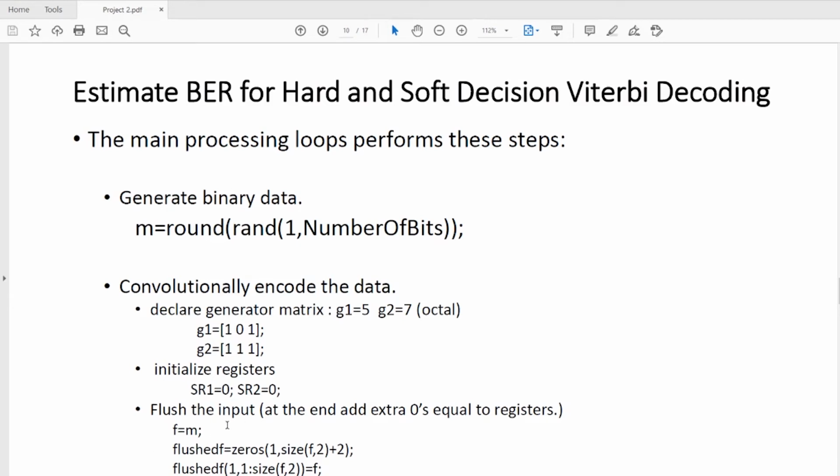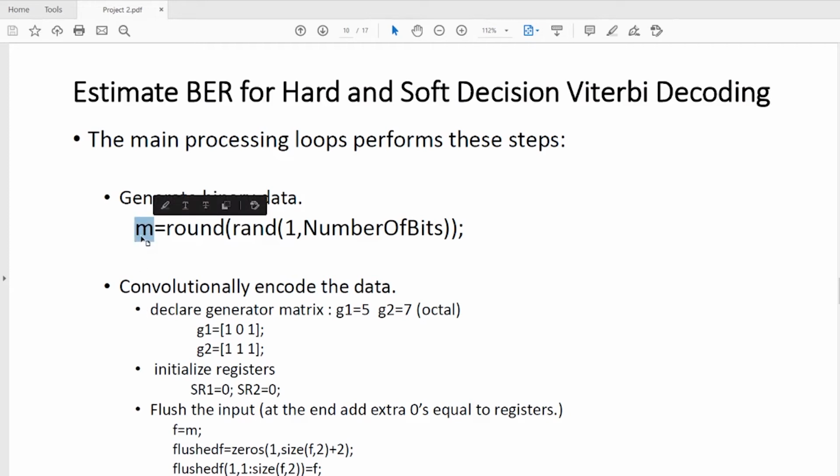Now let's try to implement this channel encoding using convolutional code and channel decoding using the Viterbi decoding method. So first we have to generate the binary data. In MATLAB you have to use this command.